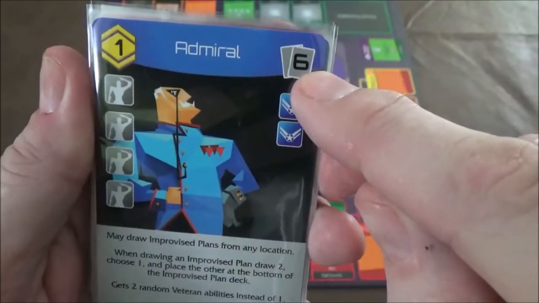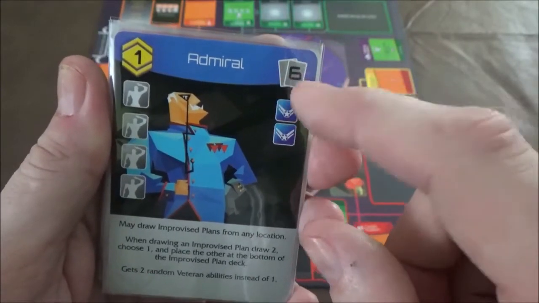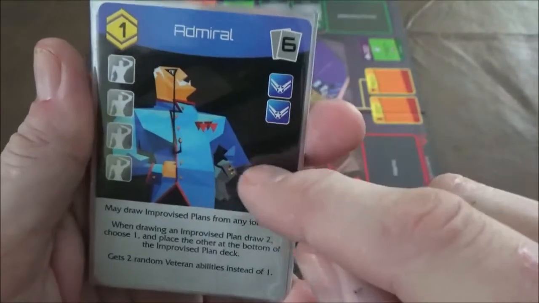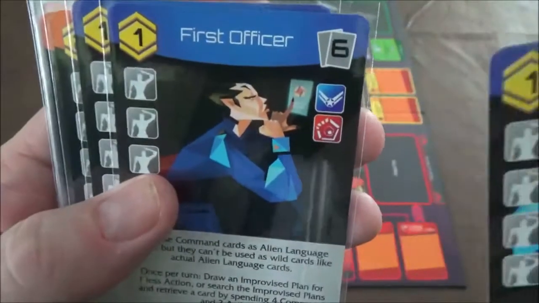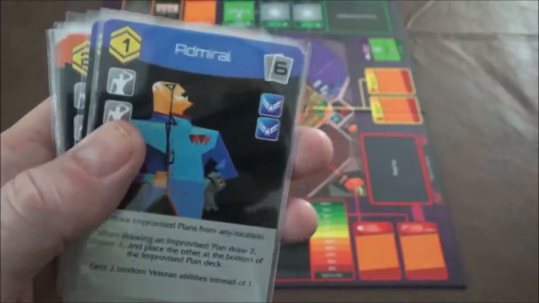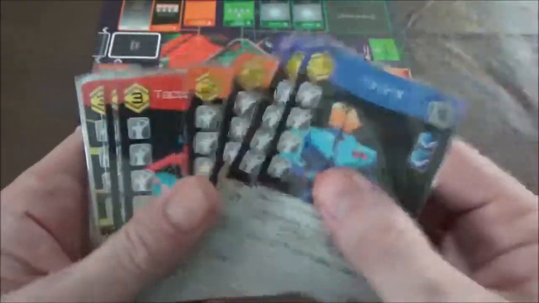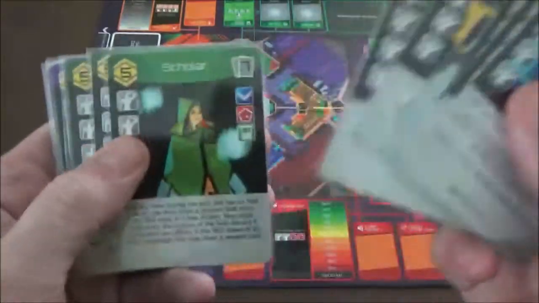Up here is how many cards you can have in your hand. 6 again is the average. I think almost everybody has 6. There's a couple special characters that are different. And then these are your free icons. So in this case, the commander always counts as having 2 command. The first officer always counts as having a command and a tactical, and so on. And then your abilities at the bottom here. Each character is different, and it takes a combination of them to complete the tasks you're going to need to